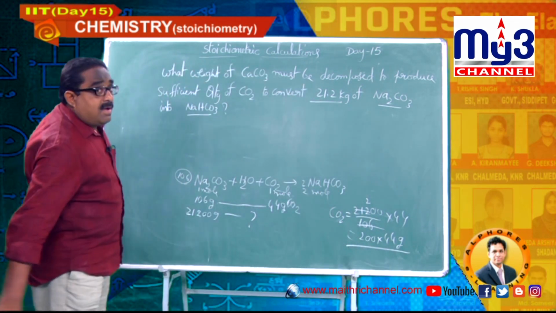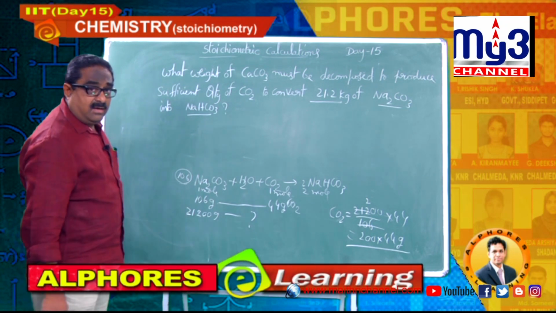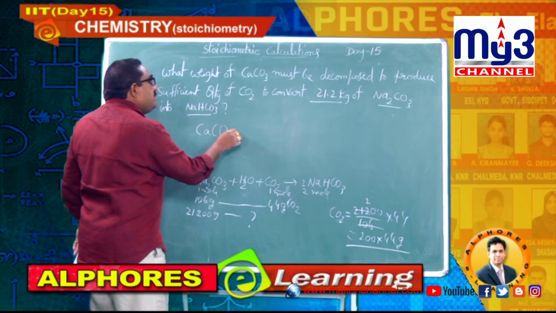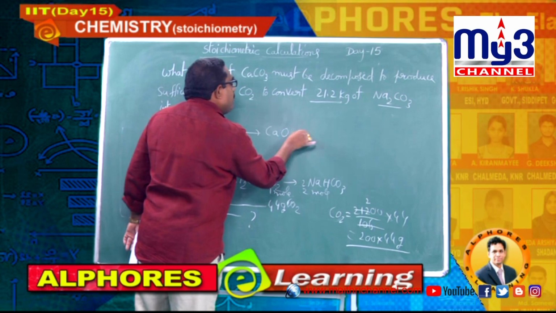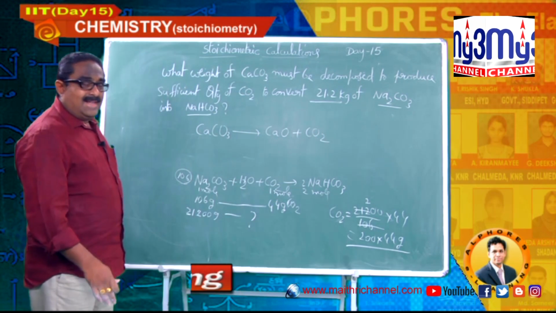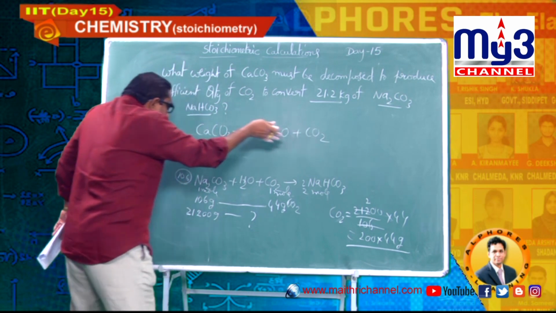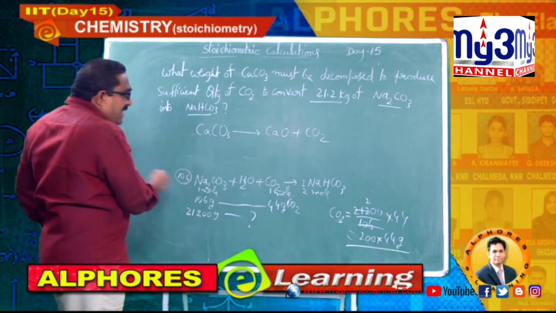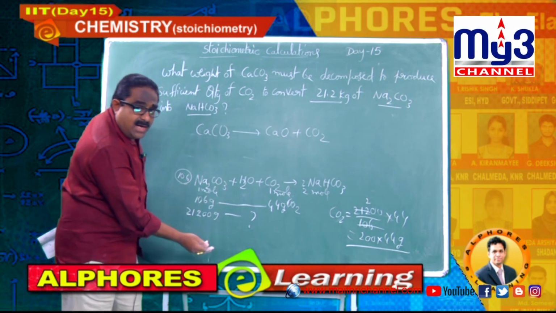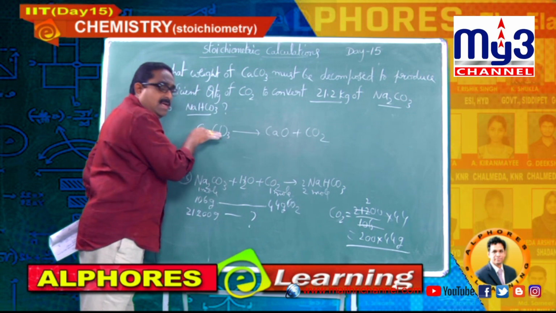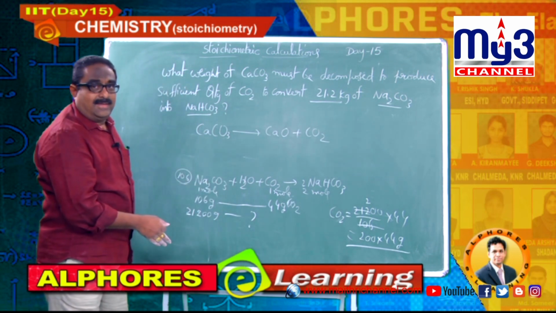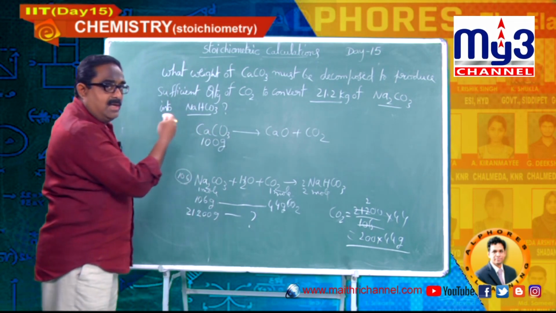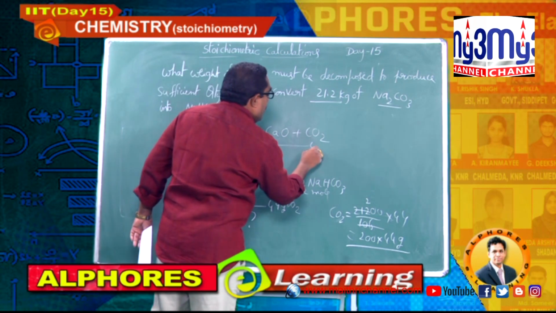Now look at the question, where you are getting that carbon dioxide for this process. First of all, carbon dioxide you should get by the decomposition of limestone. Then only by using this carbon dioxide can you convert carbonate into bicarbonate. But he has given the data of this reaction, that's why I have started here. I am going to end with the first reaction. So these are two sequential reactions. 1 mole, and we know the molar mass of limestone very well, 100 grams, gives 1 mole, 44 grams.